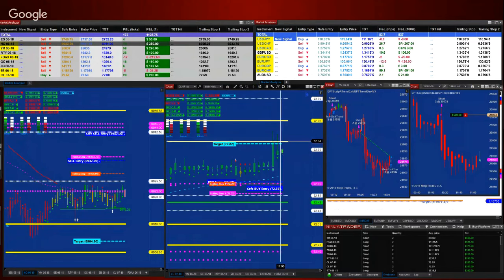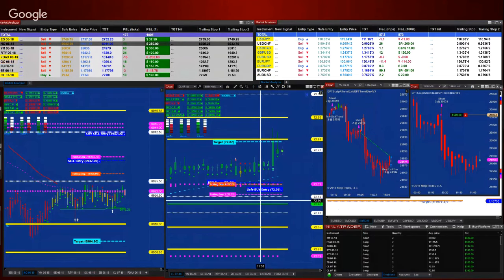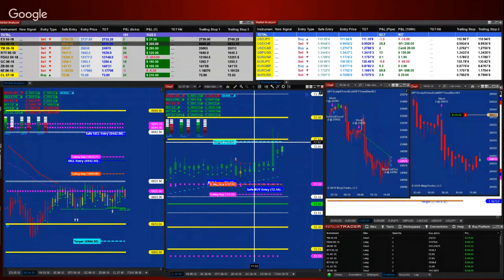So once we hit the target, you can see how it hit the target to the click and nothing has happened after that. So for the guy who took the signal entry and put in his CL target, he nailed the max on that trade and has not missed out on anything.